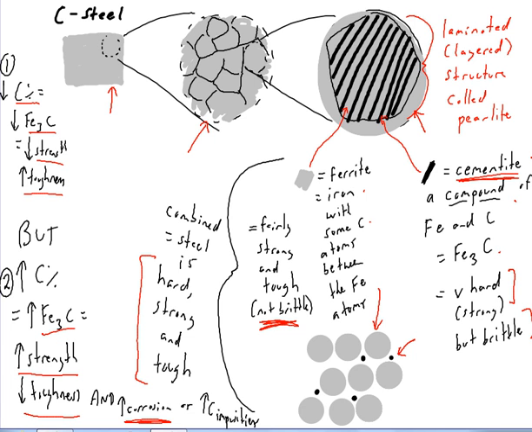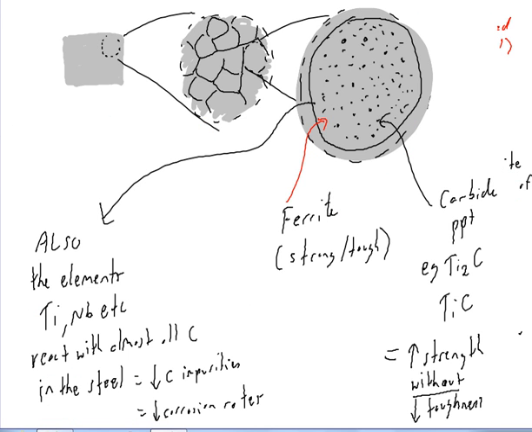However, for HSLA steels, it's a little bit different again. For high strength low alloy steels, you use very, very low amounts of carbon, so you don't get cementite. So because you've got low carbon, you've got no cementite. But you do add these tiny amounts of other elements, such as titanium and niobium, and they actually react with the amount of carbon you've got in there. So what you end up with